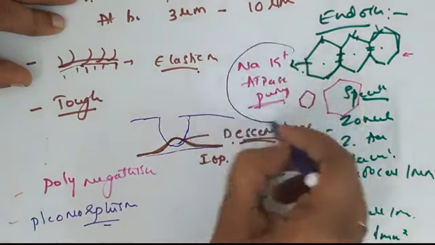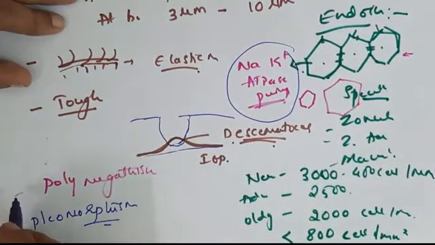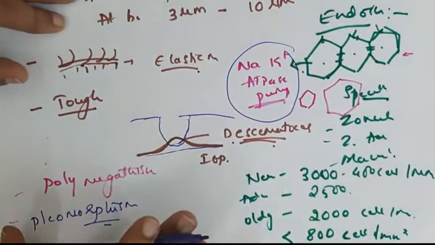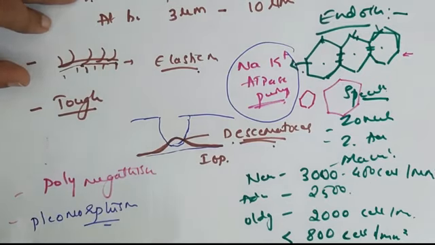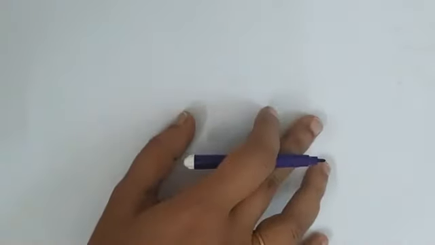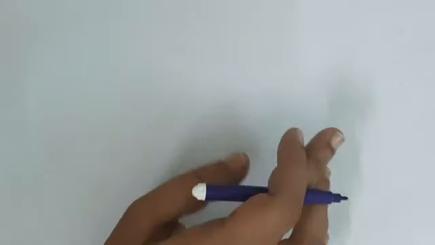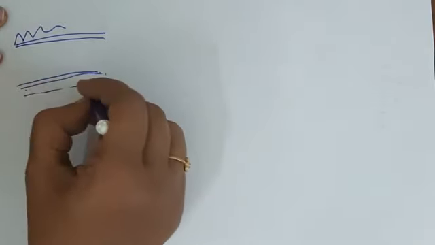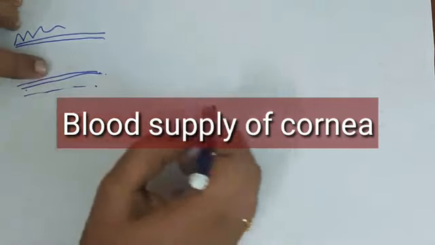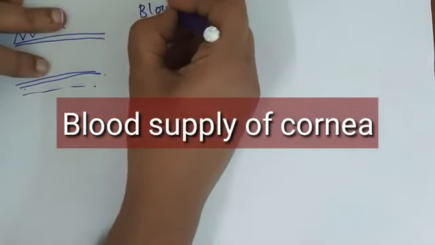So these are the applied aspects concerned to the endothelium. The one is the sodium potassium ATPase pump. The second is the change in the shape and the size of the endothelial cells as a result of the injury to endothelial cells. So whenever you are asked about the corneal anatomy, draw the diagram which includes the epithelial cells followed by the Bowman's membrane, stroma, Descemet's membrane and the endothelial cells, and explain what all I told you. Next is the blood supply of cornea.